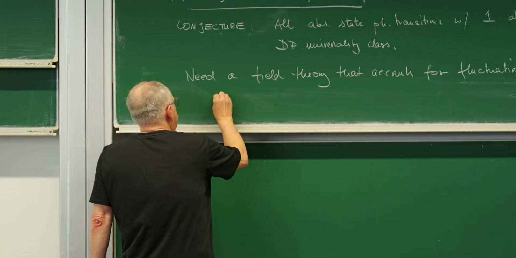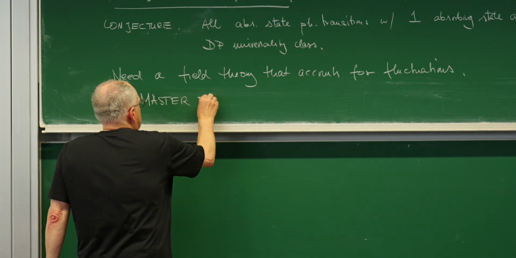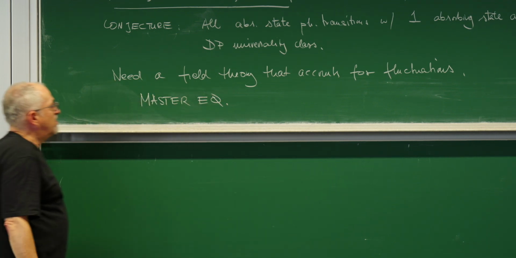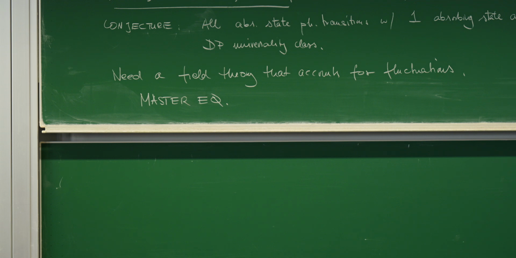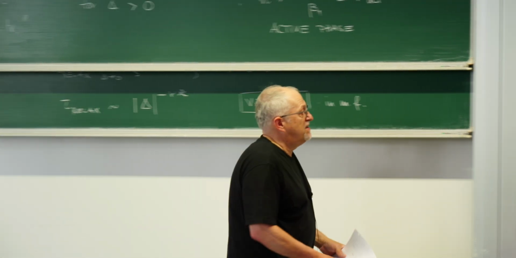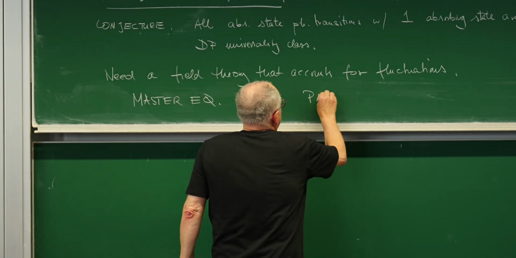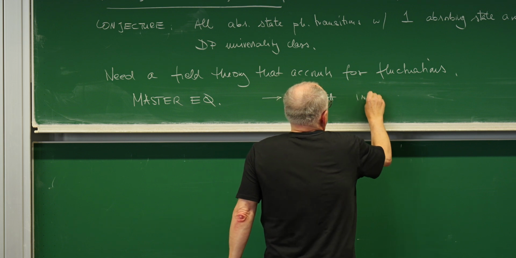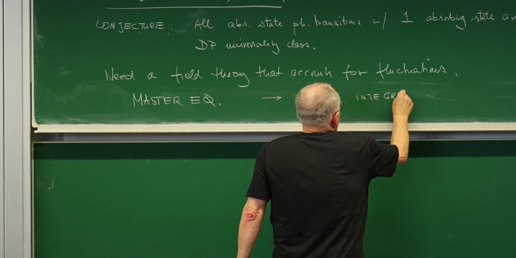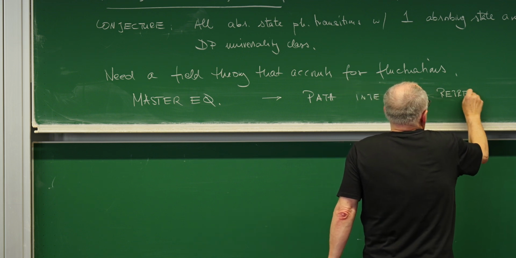So that means basically when we have a master equation, which is a description of that process when you write it in terms of probabilities for the raising and lowering of the particle number and for the hopping between states, I want to have a mapping of this to a field theory, and this means we need to have some kind of path integral representation